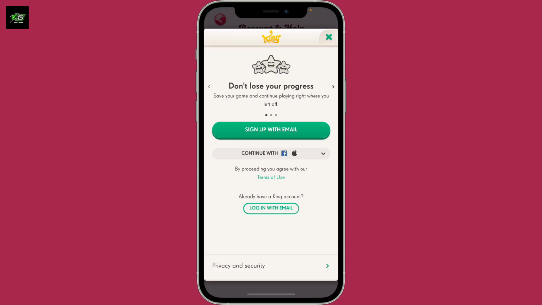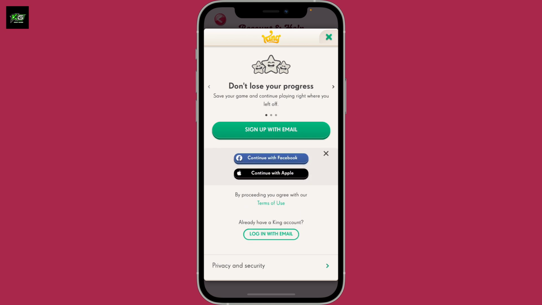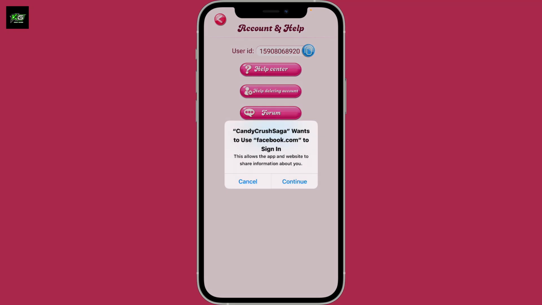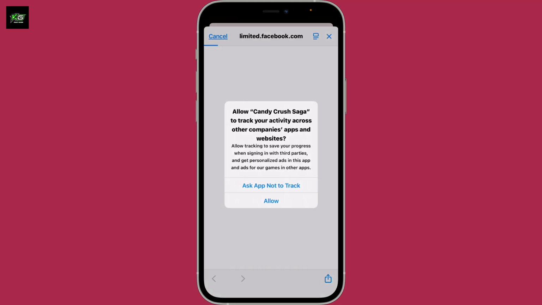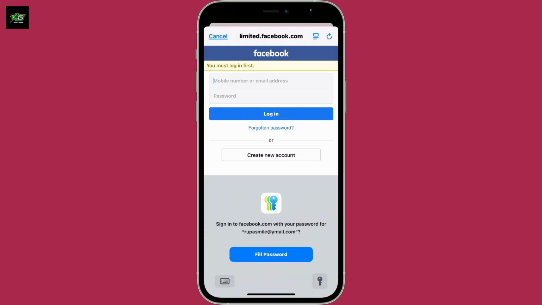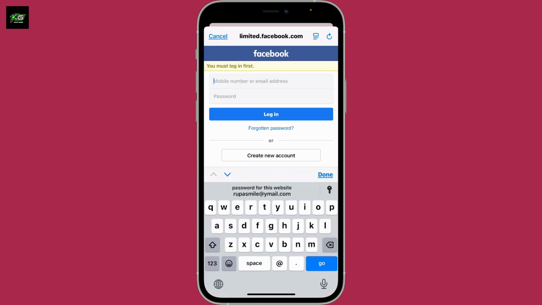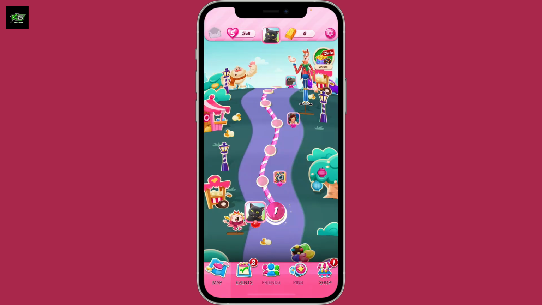Now, go ahead and tap on the Continue with drop-down and click on Continue with Facebook. Click the Continue button once again and follow through the instructions. You will then end up in the facebook.com login page. Type down your mobile number or email address followed by your Facebook account's password in the text boxes. Finally, click on Login. Soon after you do that, you will then be able to link or connect Candy Crush